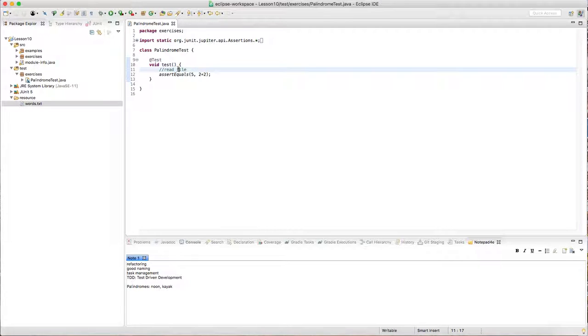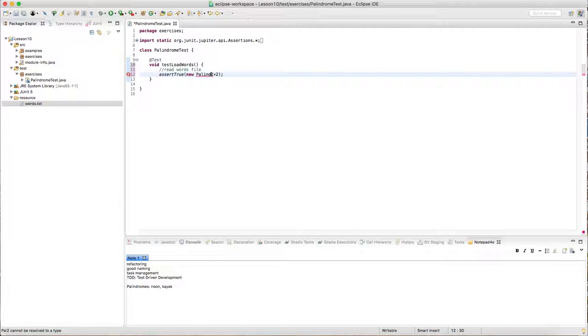So I'm going to read the words file. That's actually what this test is going to be. I'm going to test load words. Cool. All right, so how I'm going to have that happen is I'm going to check if a certain thing has been loaded. Okay, so my test is going to be assert true. So I'm just going to have one parameter, and it's going to be get the palindromes class that I'm about